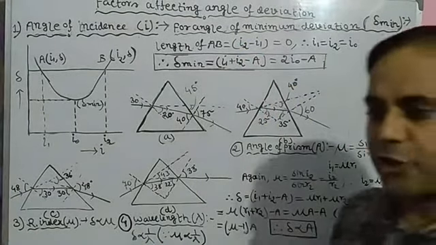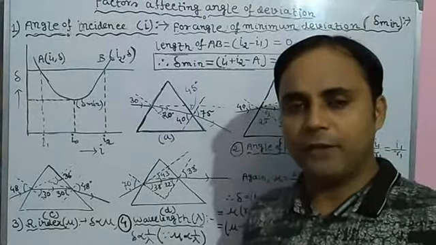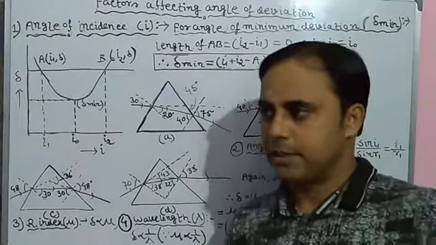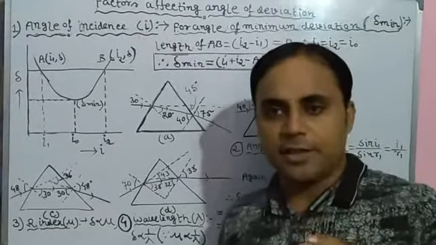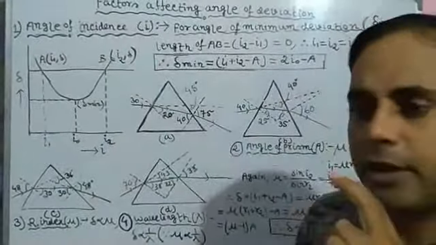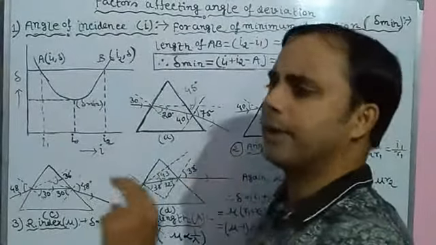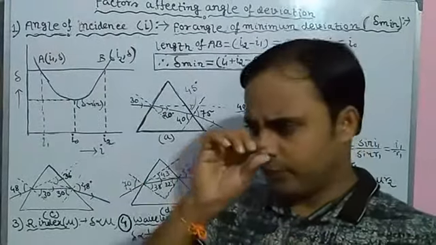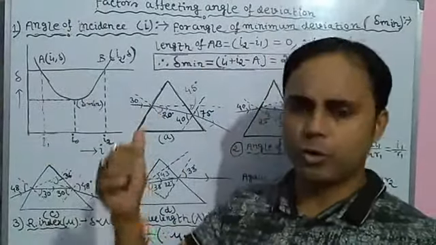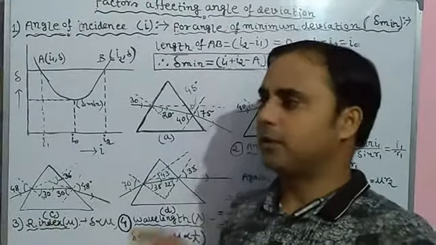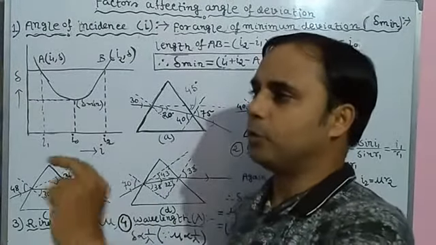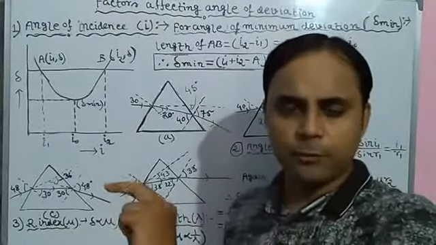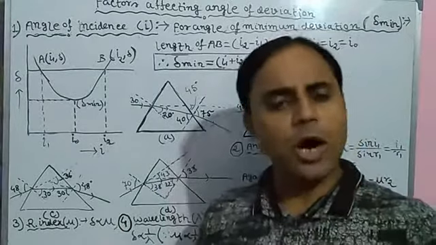Now it doesn't mean that in each and every case we will just change the direction of the incident light, because that is not possible. To get the incident light, we generally take the prism and place it in front of a monochromatic light, a very thin source of light. It may be through a closed window or closed door. Then it is not possible to take the prism through the window, then go to the first floor, then go to the second floor to change the angle of incidence. So how could it be done?